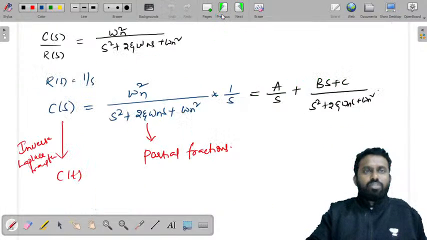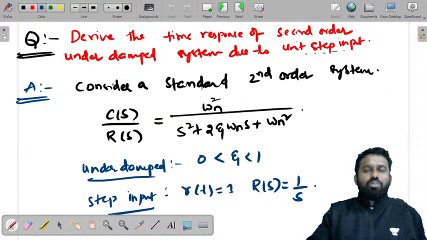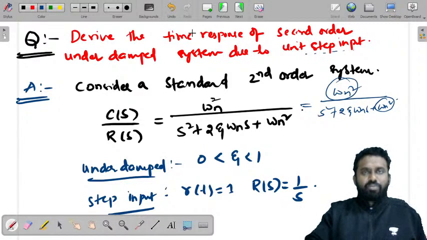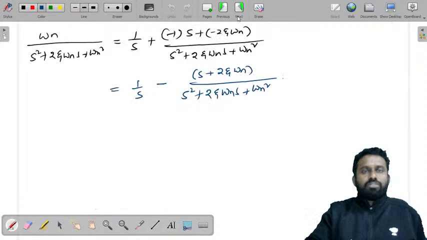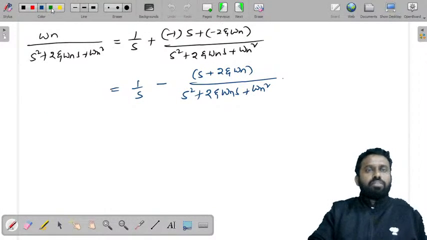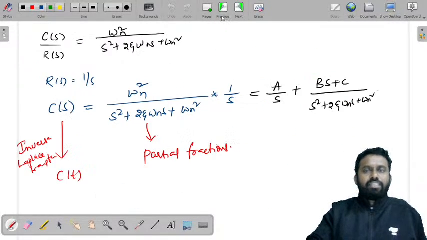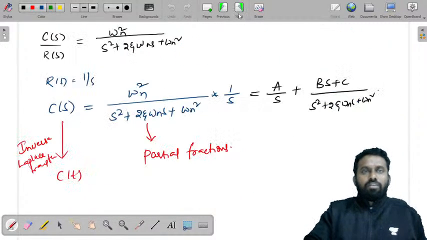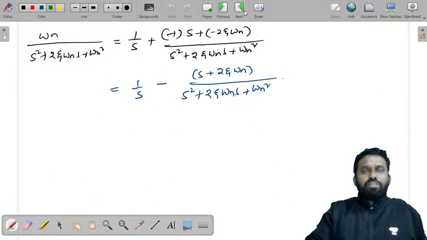So it's omega n square by s square plus 2 zeta omega n s plus omega n square. This and this value must be the same. Very good. Now coming to this point, I think this is clear. This is omega n square by s square plus 2 zeta omega n s plus omega n square. So once you do this, you will get